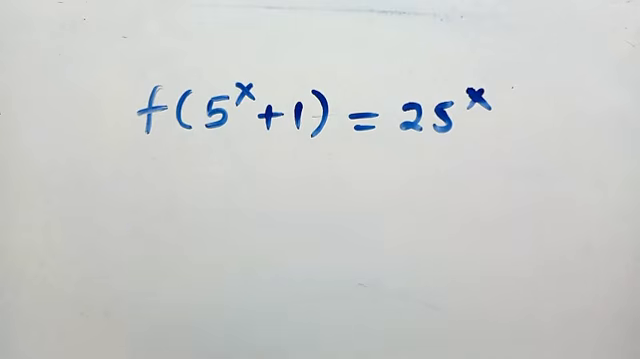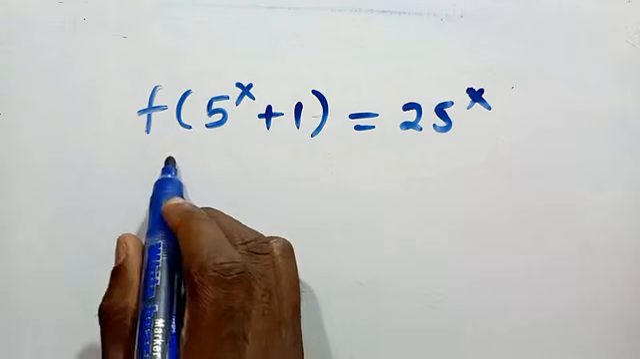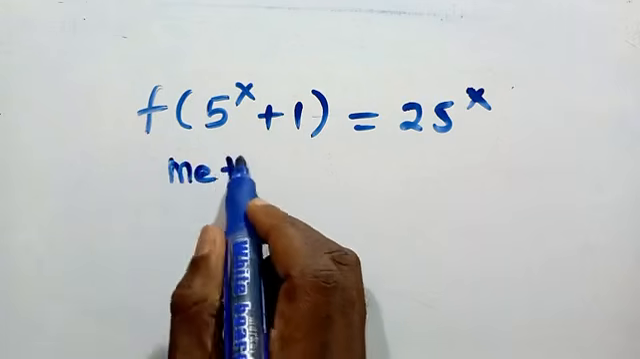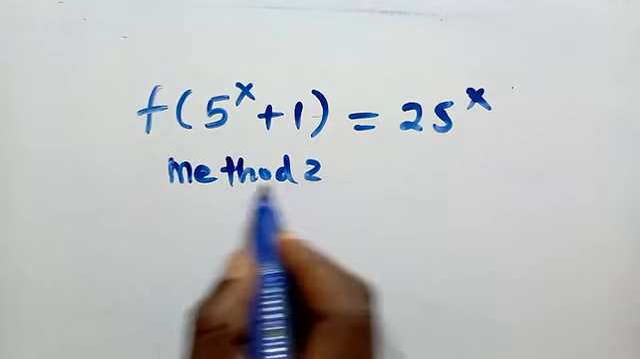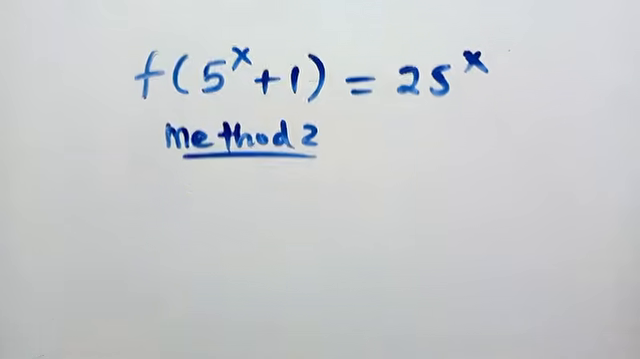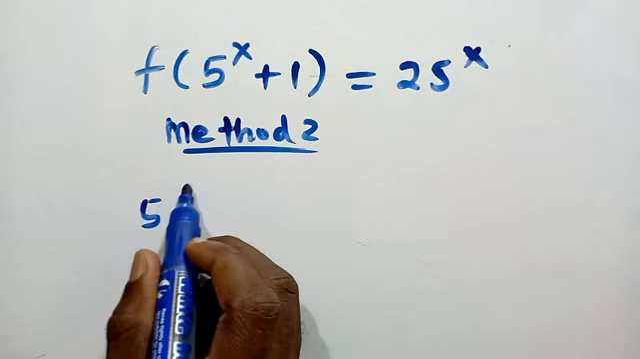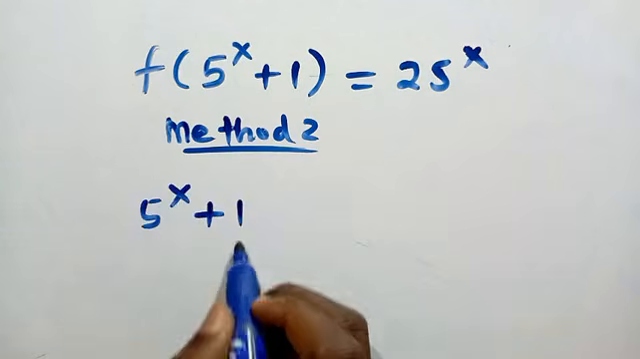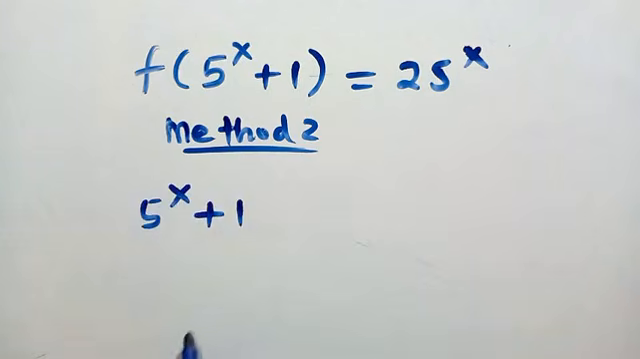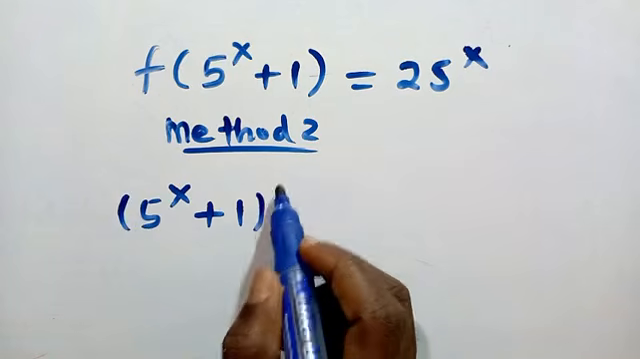So let's consider the second method of solving this. Method 2. When you consider from this domain, we have 5 power x plus 1. Let's take the square of these equations. Suppose we take the square of this,